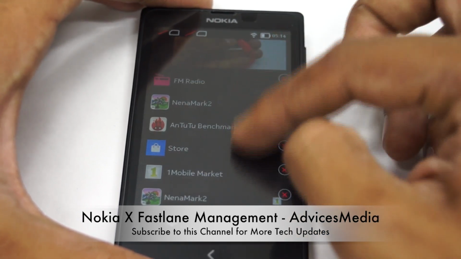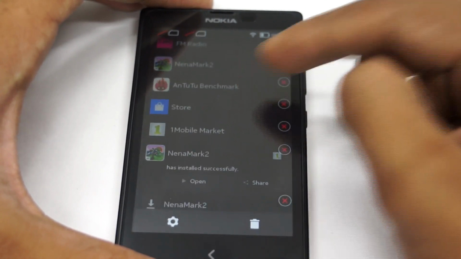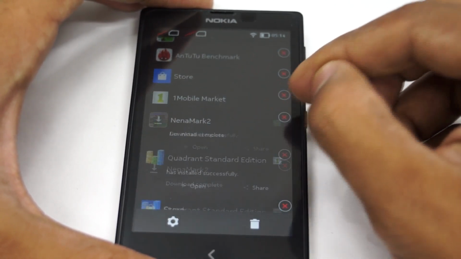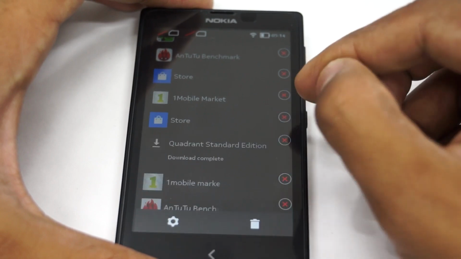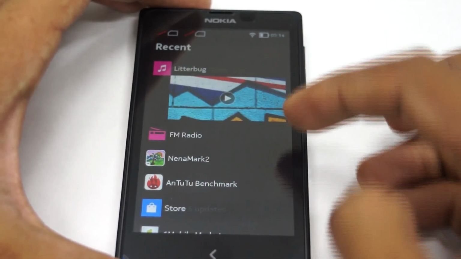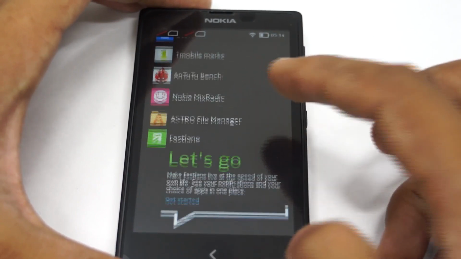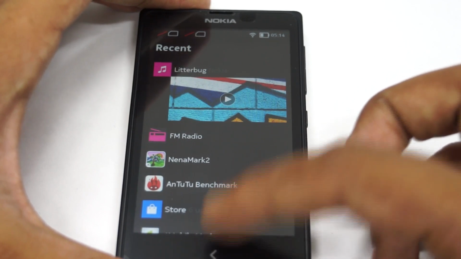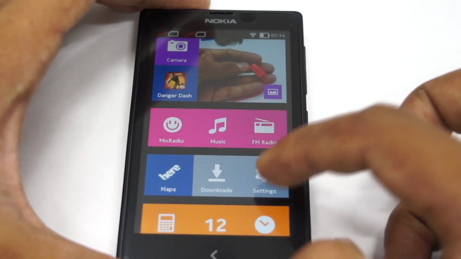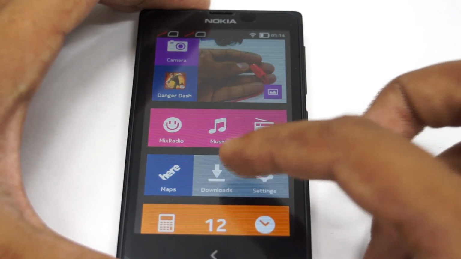If you don't want to show the gallery here, you can just click on the X just beside that, and it would close it down. It would remove that from the Fastlane, and it won't be stored in the memory now. Now when you go back, there are no recent ones which we tried to delete. So this is how you can remove the recent apps or the currently running apps on the Fastlane.